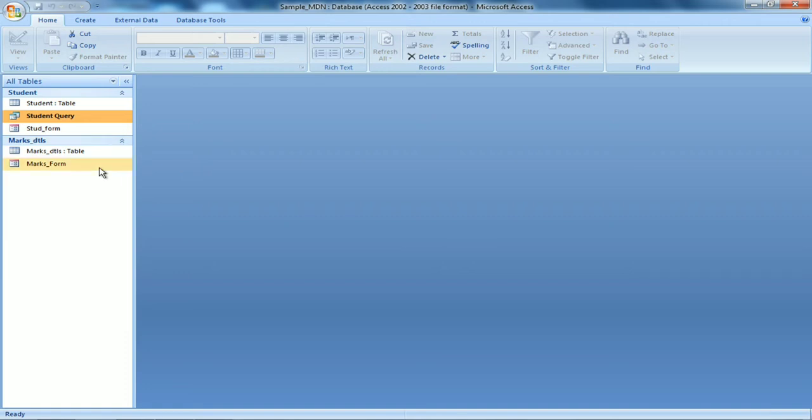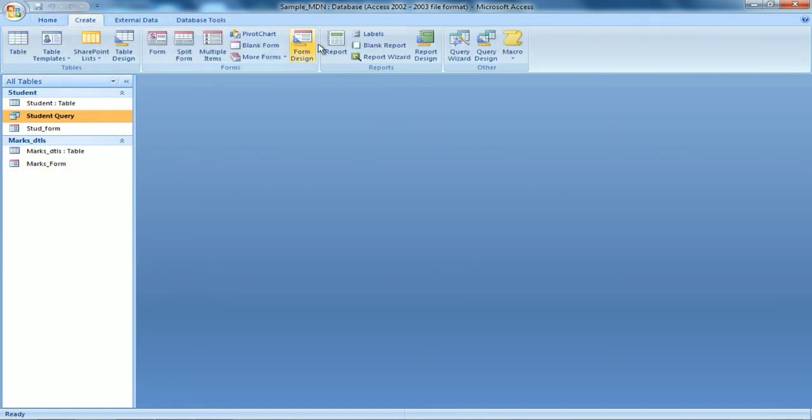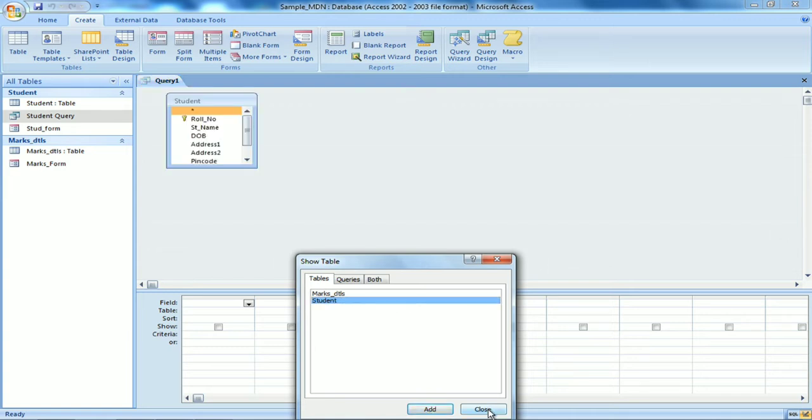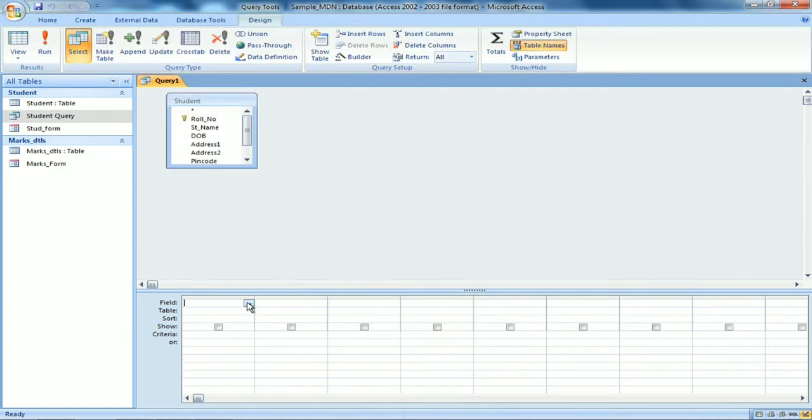Again I go back to create, query design, student, add, close. Roll number, student name. Can you all see? Let me drag this up.